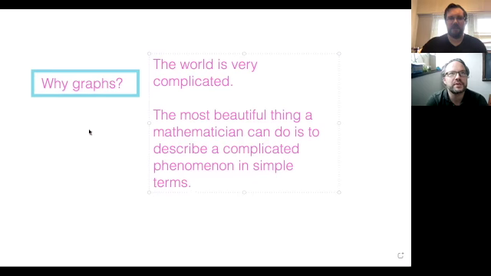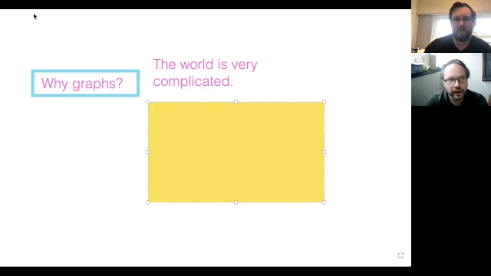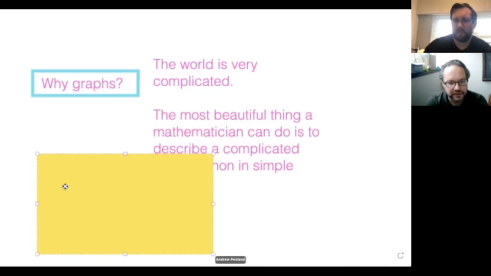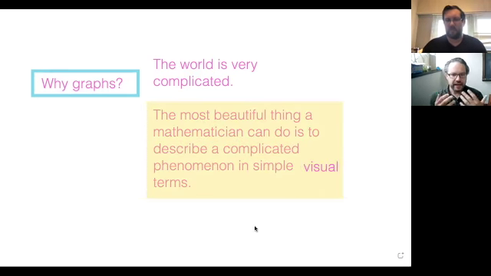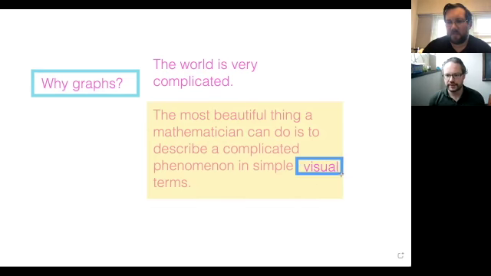And perhaps even better than that is in simple to visualize terms. And what a graph allows us to do is in a very concrete way to abstract out enough complexity to where we can do this and we can model a lot of really beautiful things by using this very simple